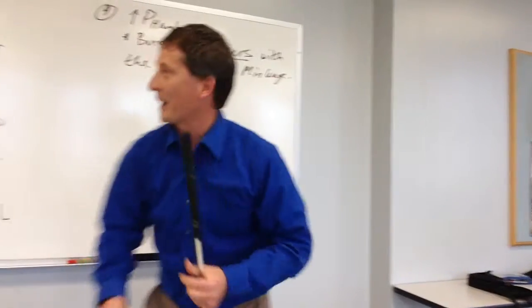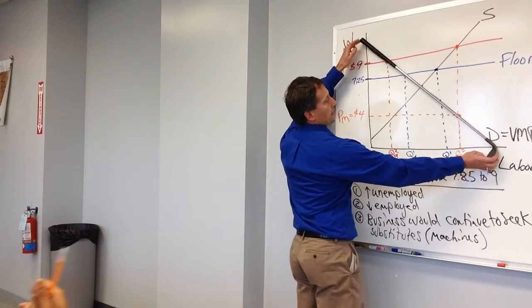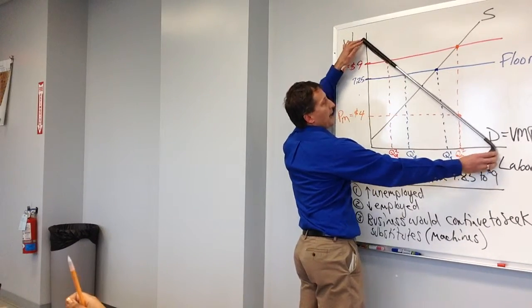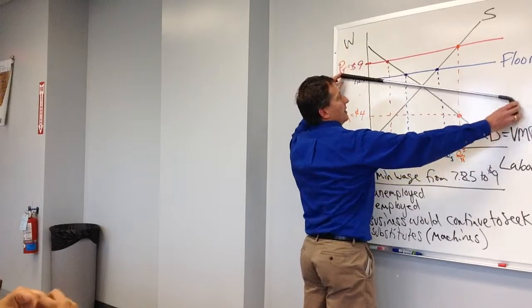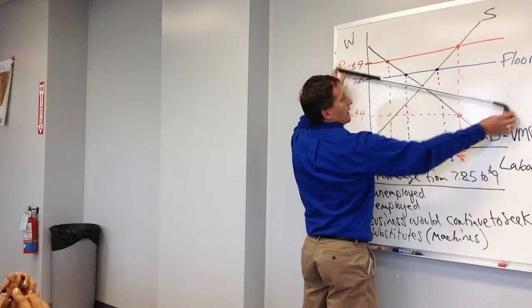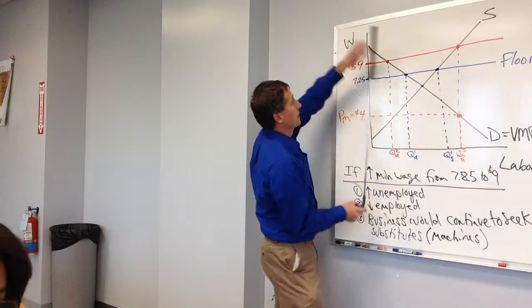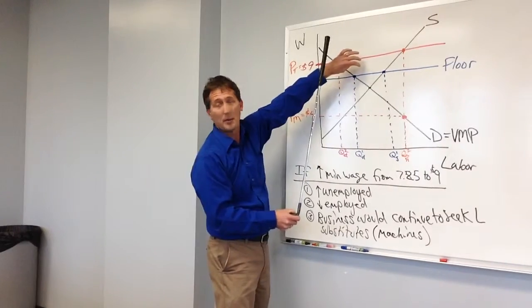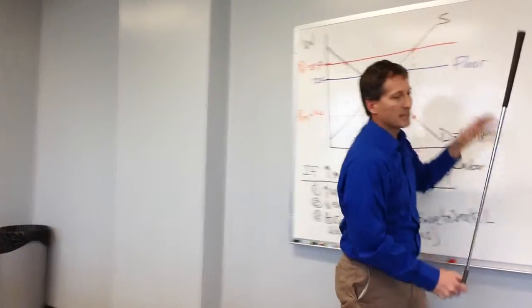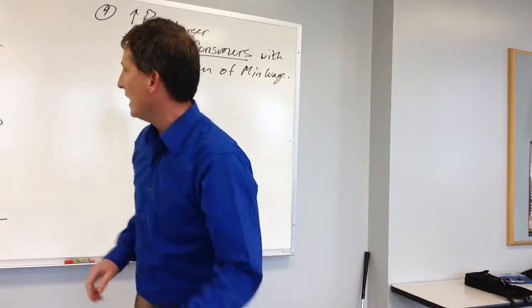All right, so let's use a little golf club theory here to check out what happens. If the elasticity of demand is flatter, you can see this endpoint starting to come up, right? If it's steeper, then it's going to come down a little bit, but then there'd be less of an effect up here. There'd be less people unemployed. So all of these things depend on the elasticity of demand and supply.